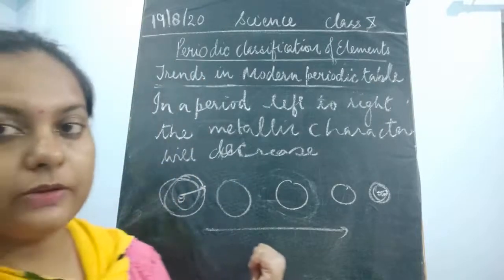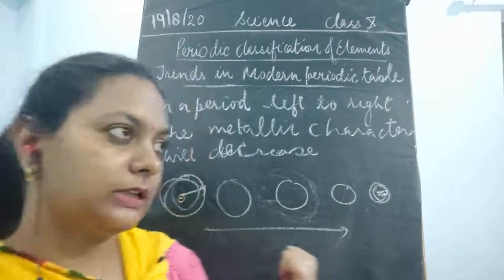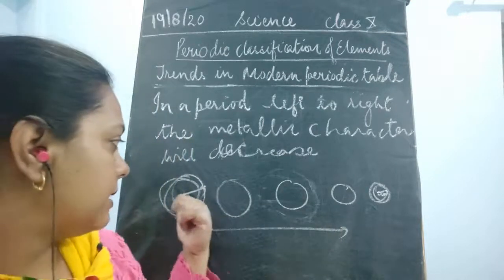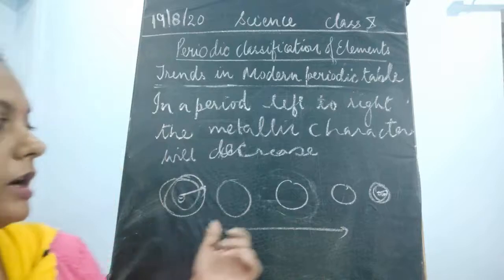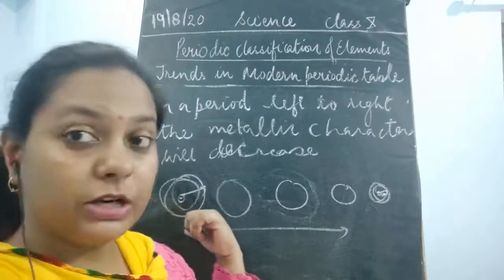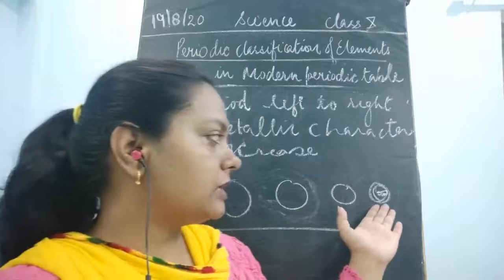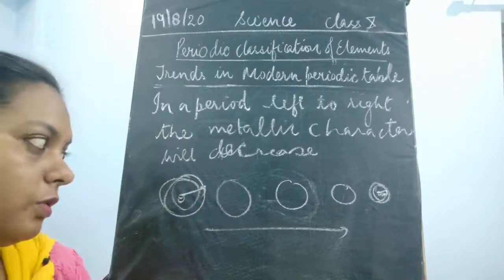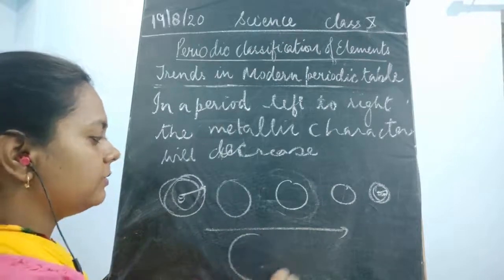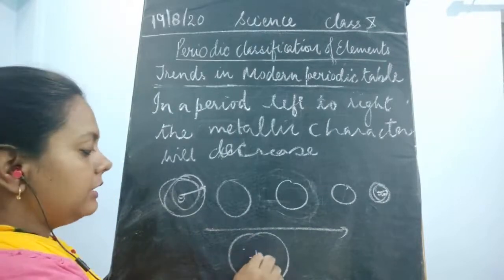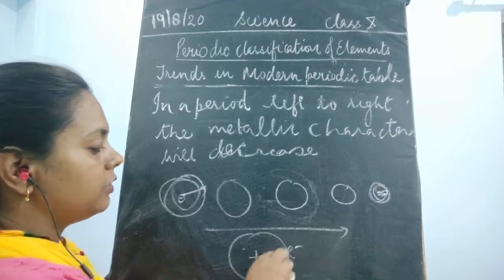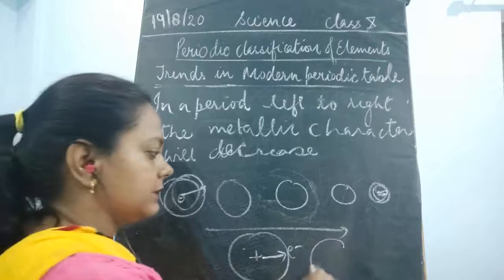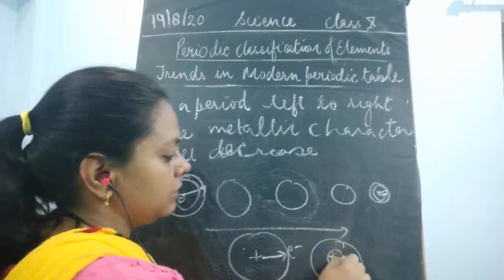So just now we saw that atomic size was decreasing when we move from left to right in a period. Now, when we are moving from left to right, what is happening? The nuclear charge was less here, but as compared to the last element it would be more. So if the distance between the nucleus and the electrons is more, it means that easily the electrons will be lost, and if this is less, if electrons are very close to